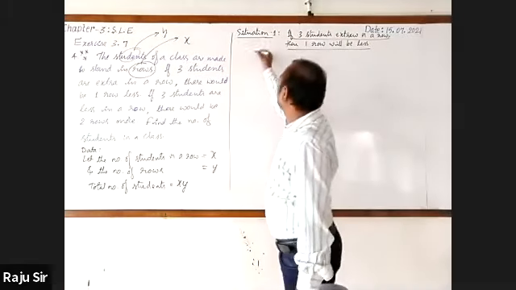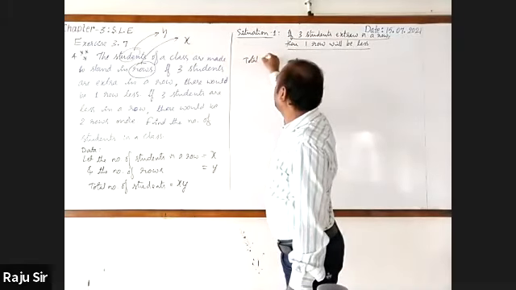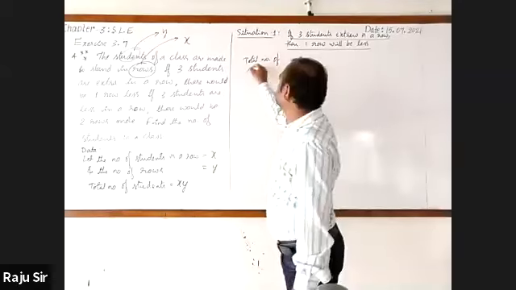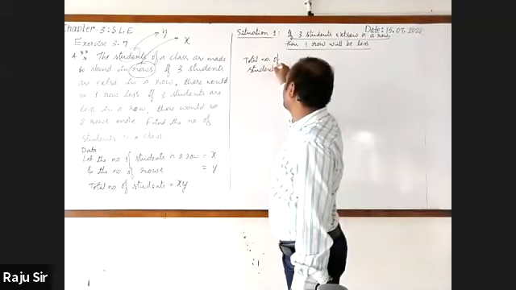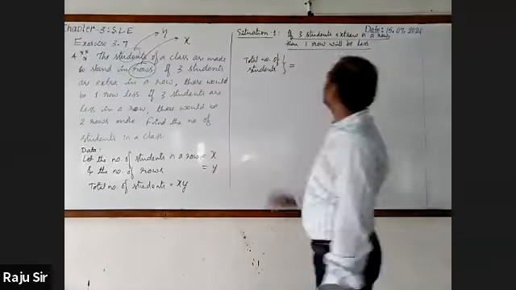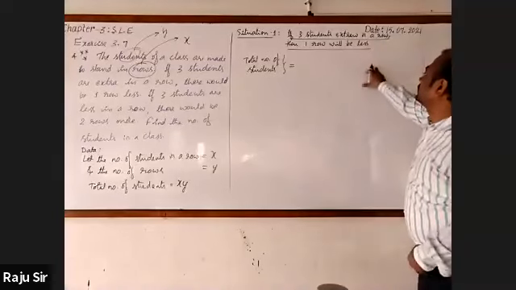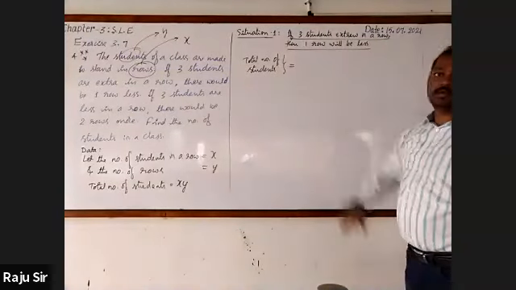Then total number of students is equal to, for 3 students extra in a row,